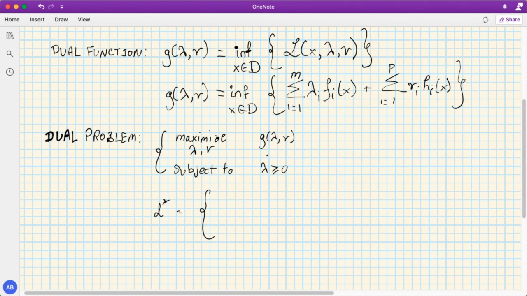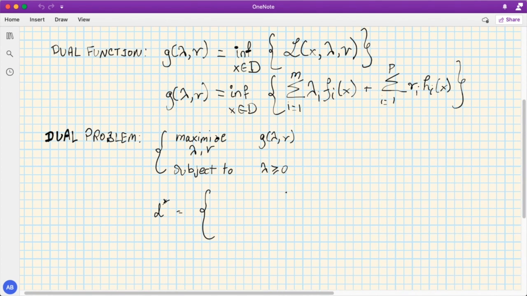It depends if g is positive along with the lambdas. If we can find a lambda and nu in which g is positive, then d star is infinity. Why is that? It's because if g of lambda, nu is positive, it means there are lambda i's, nu i's that could yield this thing to be positive, right? So maximizing this would only mean to increase lambda i's as much as possible, right? So that being said,